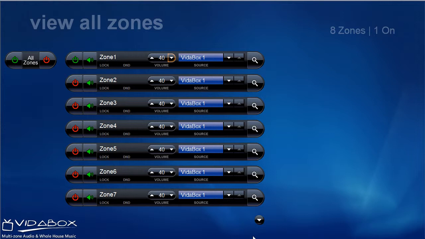For this video, I've named it from Zone 1 through 8. The source names can be changed as well. In this video, I've again named them from VidaBox 1 through 4, and the radio tuner is named appropriately. I can also now turn on all of my zones, or off, lock each zone to prevent changes from being made to it,